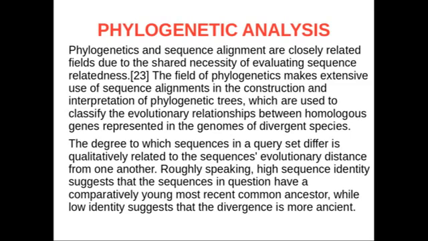Now, the degree to which sequences in a query set differ is qualitatively related to their evolutionary distance from one another. Roughly speaking, high sequence identity suggests that the sequences in question have a comparatively young, most recent common ancestor, while low identity suggests that the divergence is more ancient. So in the phylogenetic tree of the multiple sequences you have aligned, those that share high sequence identity have recent common ancestors, while those that show low identity when it comes to comparison and resemblance